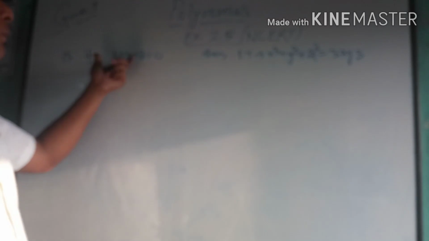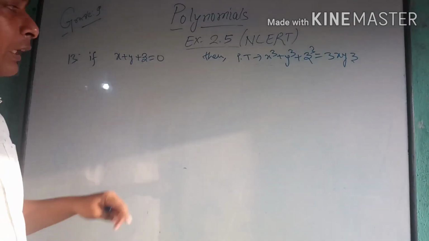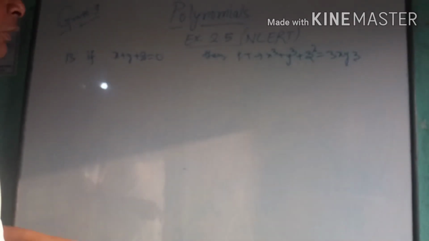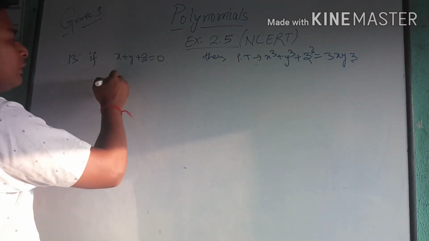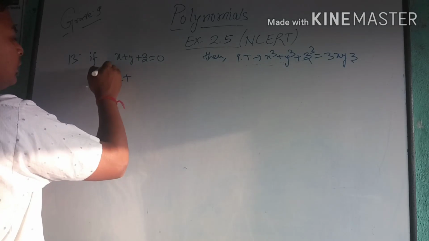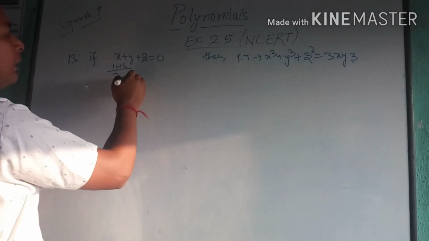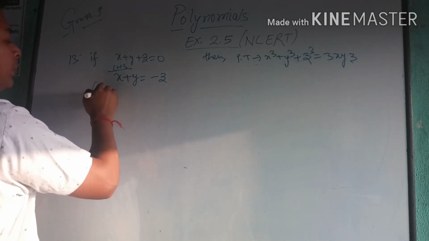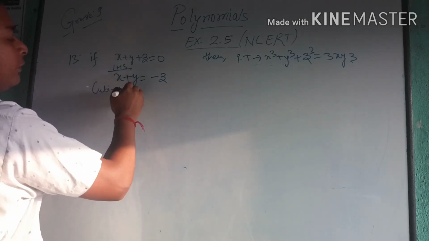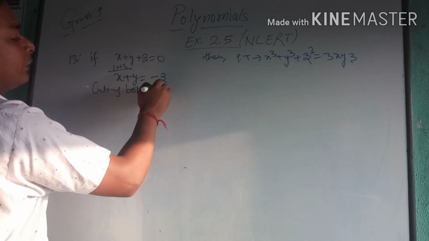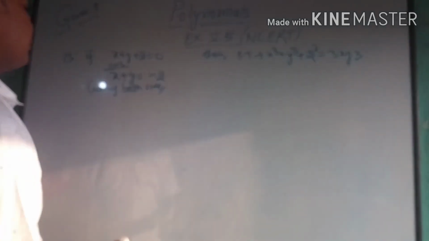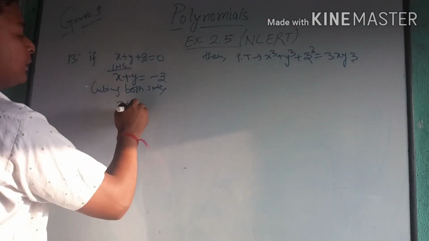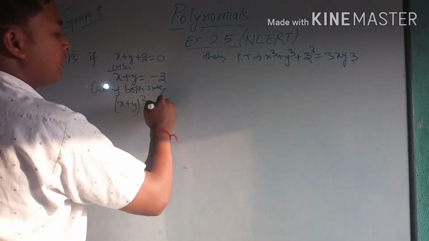We know that x cube plus y cube plus z cube is equal to that one, the last identity. That is one very short method. We can ignore that part. If we go for LHS, we can write x plus y is equal to minus z. Now cubing both sides, what do we get? Because they are all in terms of cube, we can write x plus y whole cube is equal to minus z